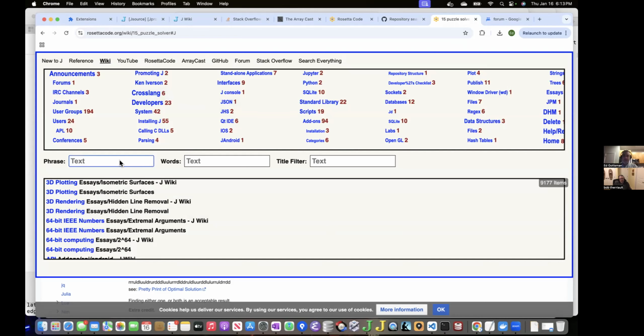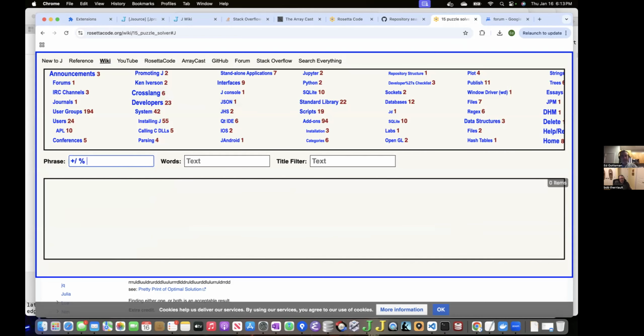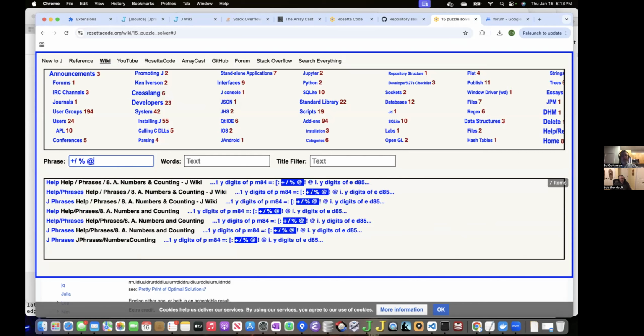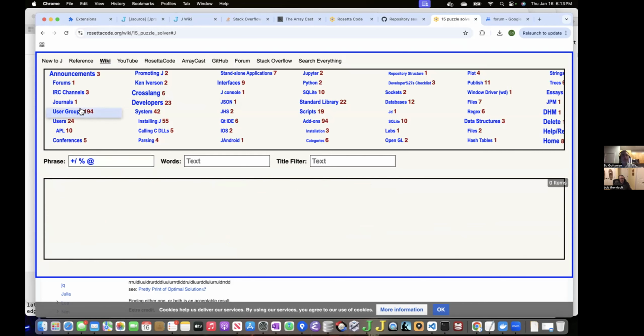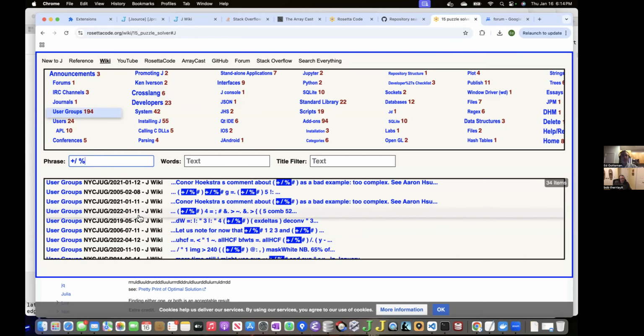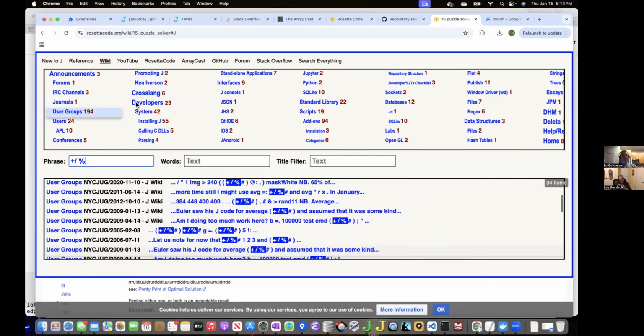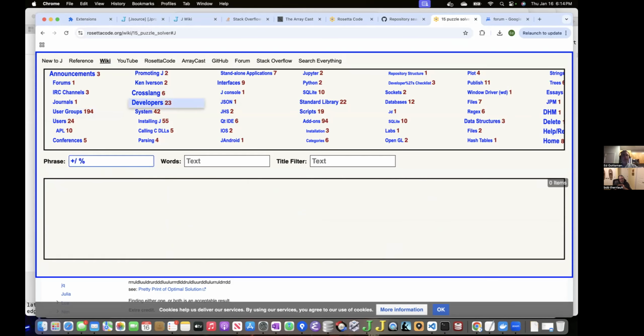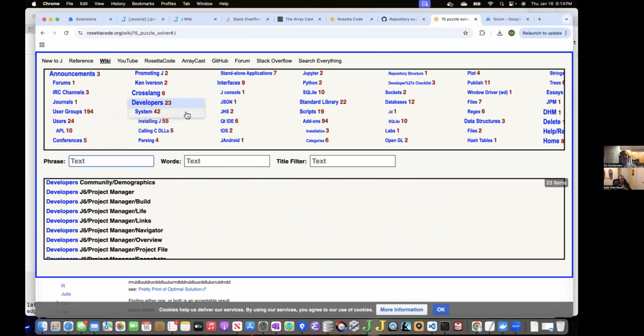And you can search here just as you can anywhere else. What's interesting is you can actually search within groups, which, as far as I can tell, MediaWiki doesn't support. So you can just search for hits within the user groups, for example, or just within developers, or what have you.